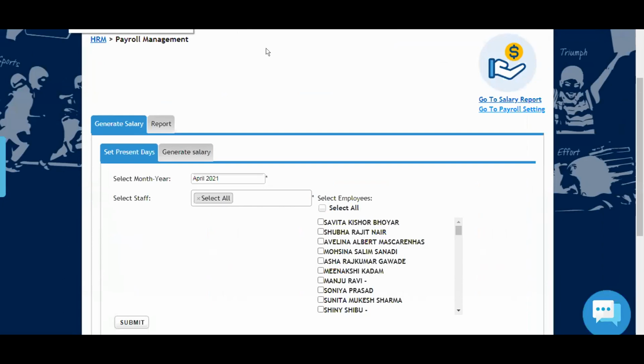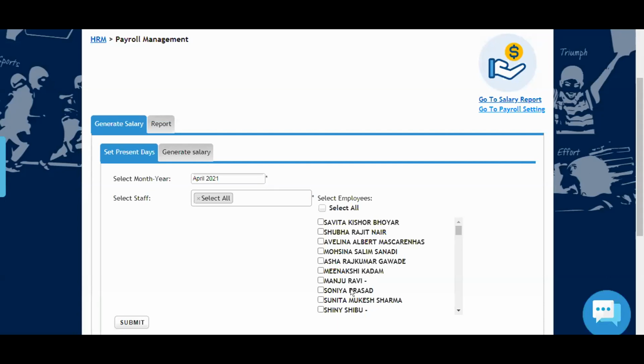The next is attendance. How to mark attendance and how to check attendance. Attendance for what? Staff or for students? Students. Any query on this? First, let's finish this up.